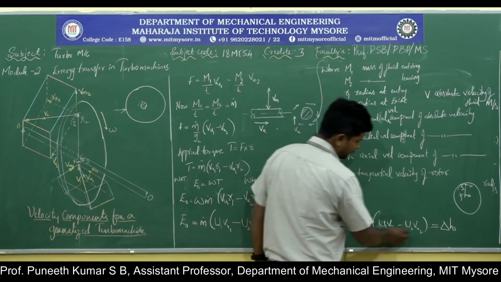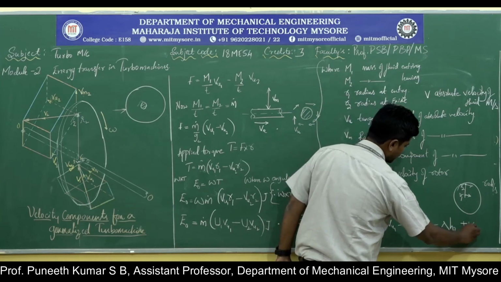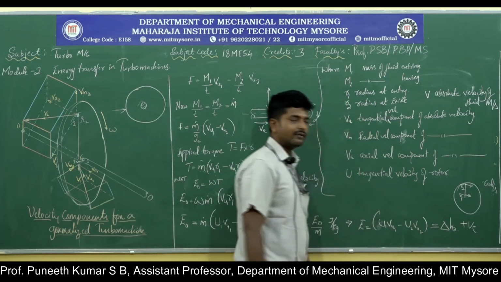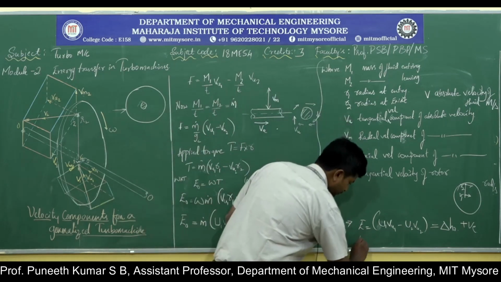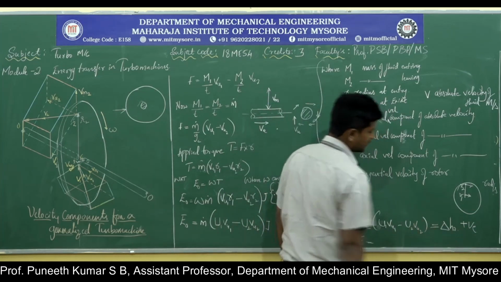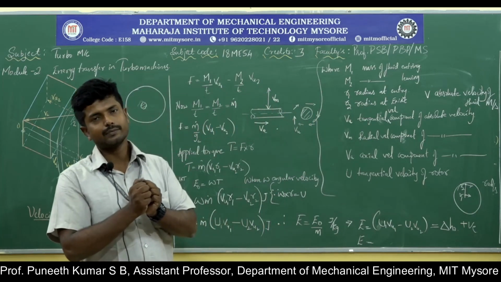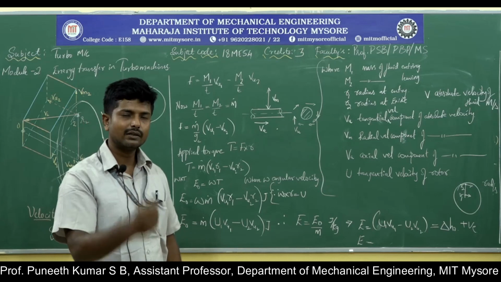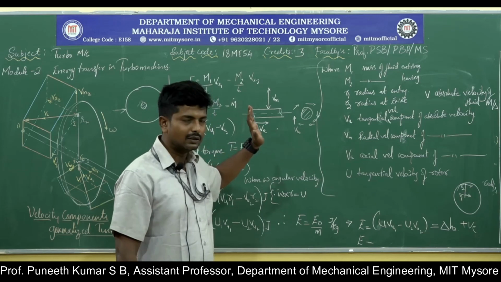If you substitute here, the E value comes out to be positive. Whenever E comes out to be a positive value, we will call it a power producing machine. For a power absorbing machine, it comes out to be negative. The negative represents that the energy is being absorbed. The positive value represents that the energy has been given out, or outputted. So this is the basic fundamental Euler's equation.